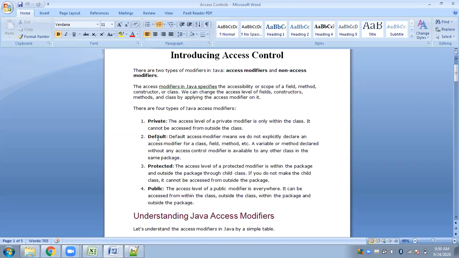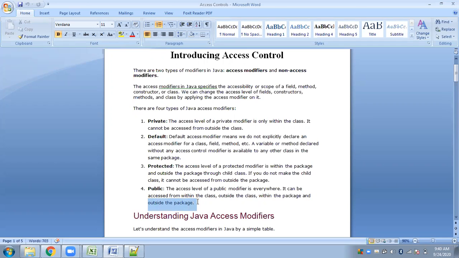In default, any member declared as default is accessible from inside the class and from outside the class as well, and within the same package, but it is not accessible from outside the package. So here lies the difference between default and public.